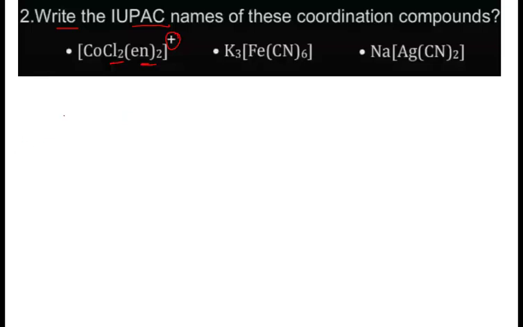So we can write it as dichlorido, then it is ethane 1,2 diamine. Since di comes within its name, for 2 we will use bis, and it has to be in continuation. Bis, then ethane 1,2 diamine within parenthesis. Ethane 1,2 diamine,